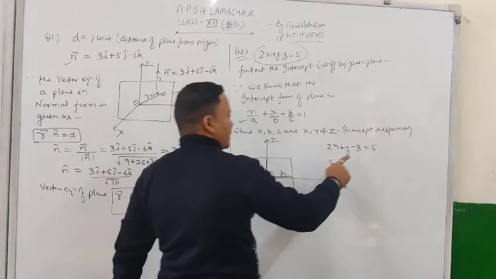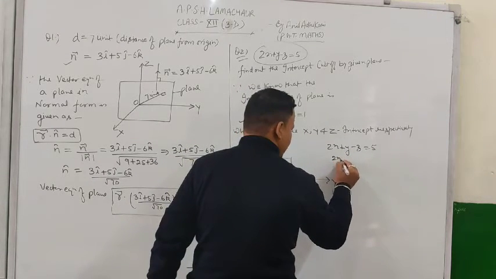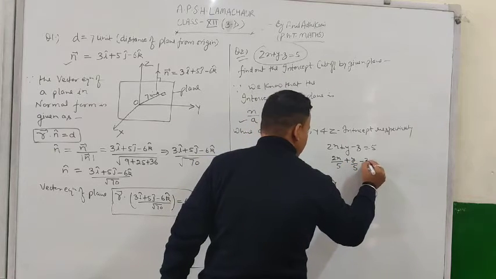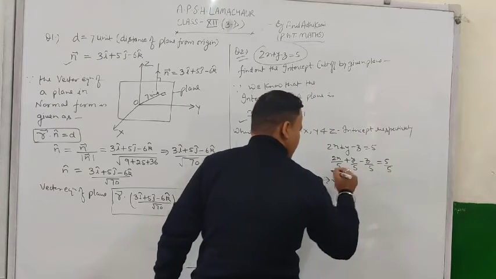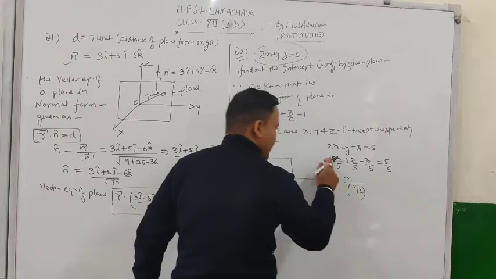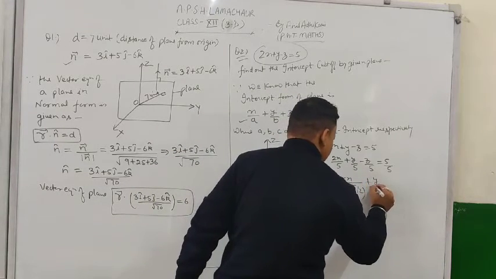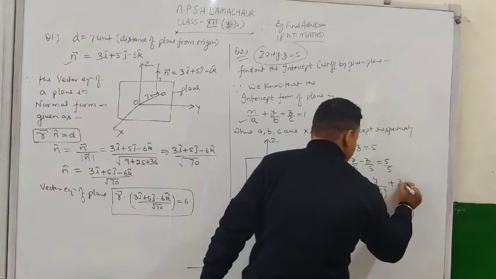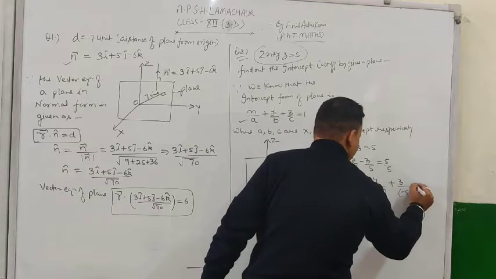So, to make the right hand side 1, we have to divide the whole equation by 5. So, this will be 2x upon 5 plus y upon 5 minus z upon 5 is equal to 5 upon 5. Now this can be reduced as x upon 5 by 2. We can take the 2 in the denominator of 5, plus y upon 5, and here we can write z upon, we can take this minus in the denominator, minus 5, is equal to 1.